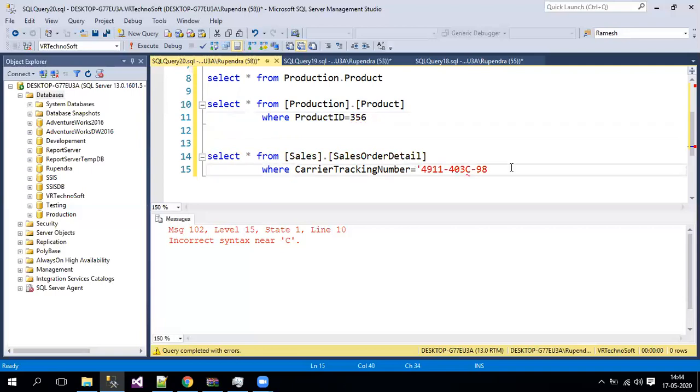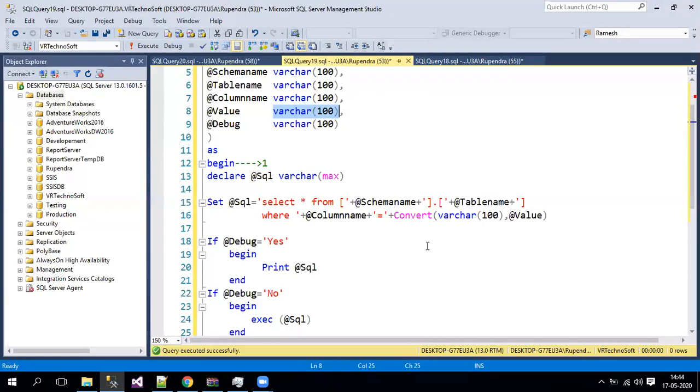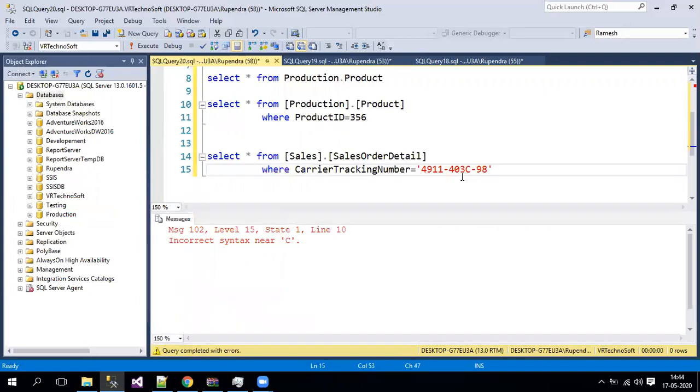Because it's a character, correct? But am I getting the single quotes around my character here? No, right? Whatever value I am passing over here, I am not getting any single quotes, correct? But it should come, right? So now what you need to do is rewrite your query, or change something in your query. Another important point in dynamic SQL: when you're writing dynamic SQL, you just need to remember that when it is a character value, you also need to put multiple single quotes.